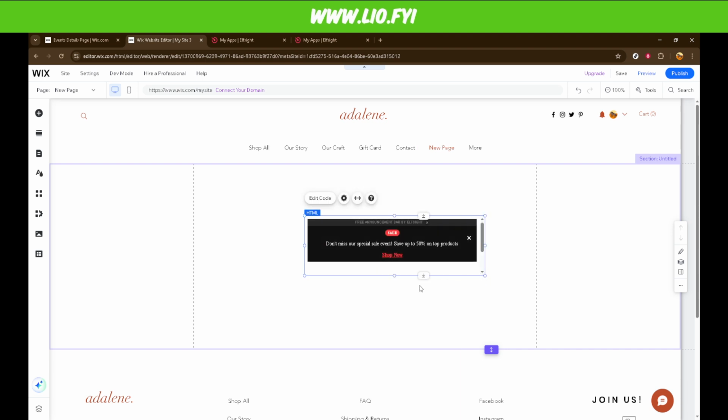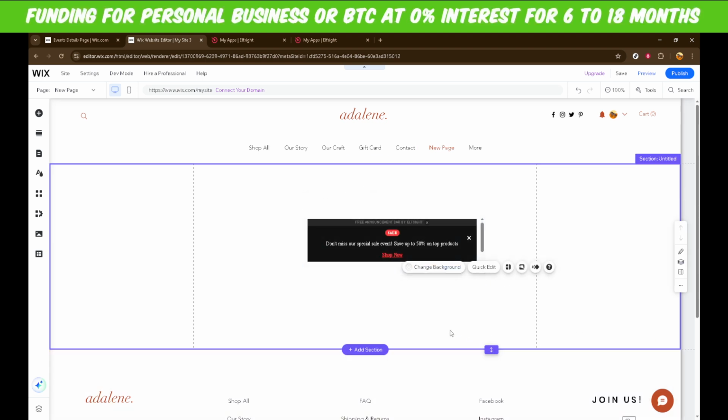Whether it's promoting a sale, announcing new products, or just sharing news, your new announcement bar will help keep your